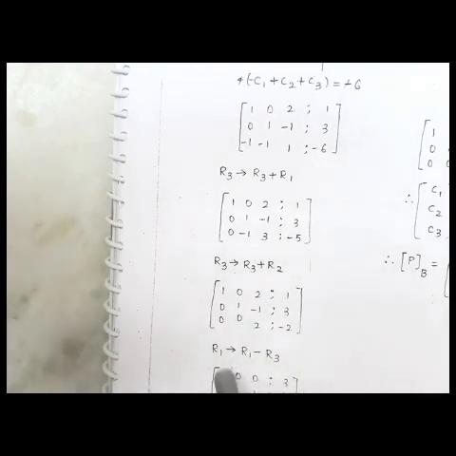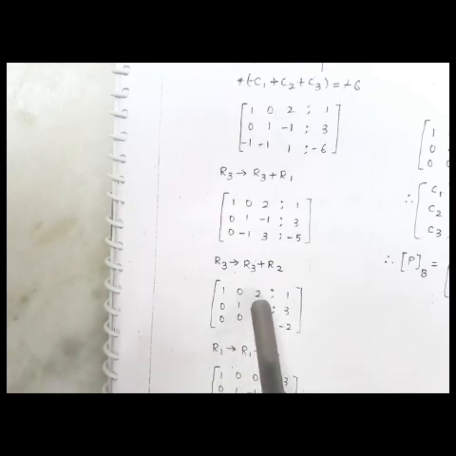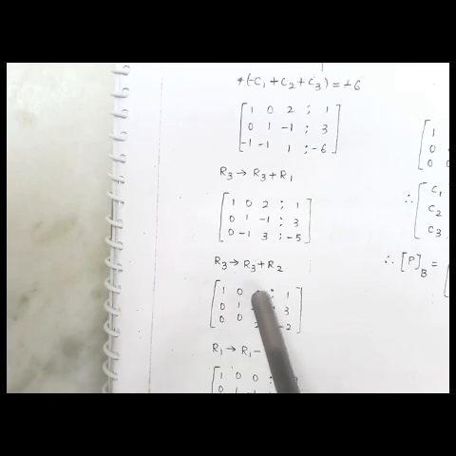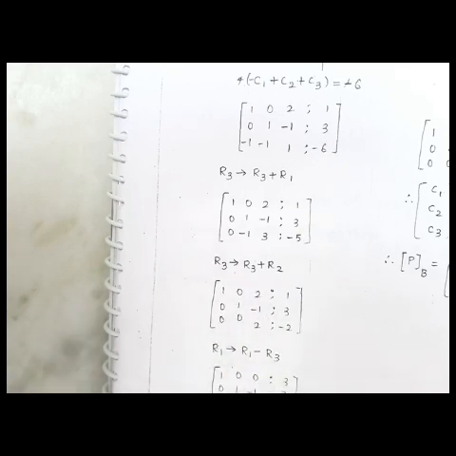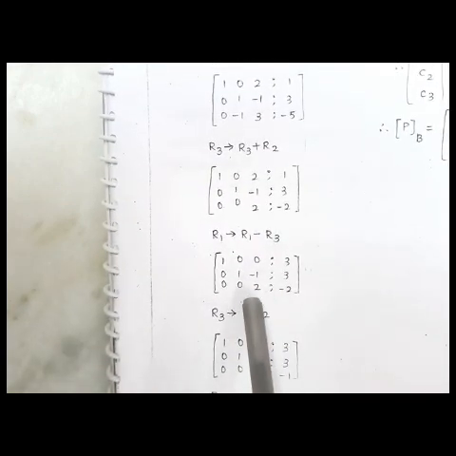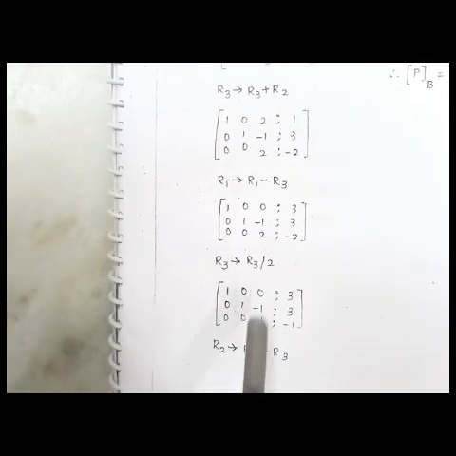So for that, here this value converting into 0, because the 1, 0, 0 form we want. So for that take this as 0 by taking R1 minus R3, then it will be 0. So take R1 minus R3 for every term, then this value will be like this. Again here 1, 0, 0 is there, and for 0, 0, 1 what should we do? By dividing by 2 for each term, then this value will be 1. Here also minus 1. Now lastly here we want 0, 1, 0. For that what should we do? Take R2 plus R3.